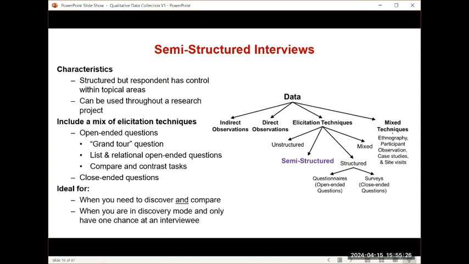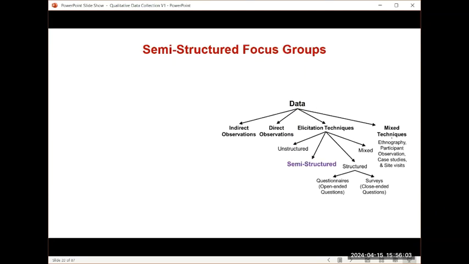Okay. So these are ideal when your objective is both to learn and explore as well as compare, right? And it's probably the only way you really should be doing exploratory work when you only have one shot at somebody. You want to be super strategic. Semi-structured interviews, ironically, are probably the most common elicitation task in all data collection, because we use them all the time, and they're the least talked about in the methodological literature, for what it's worth.